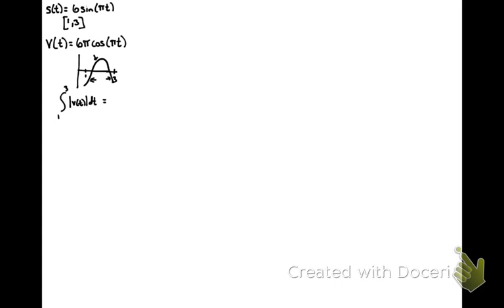So the notation you'll use in terms of the TI is, if we put v of t in y1, so y1 set equal to 6 pi cosine pi t, in my calculator, I'm going to hit math and then choose option 9. So then my calculator screen will say function integrate, or something related to that depending on the model. I happen to use the TI-83, and I want to integrate